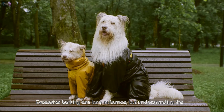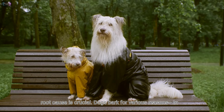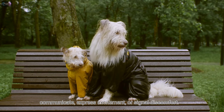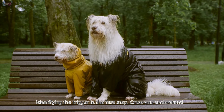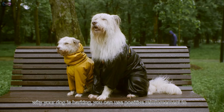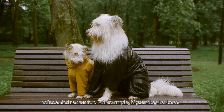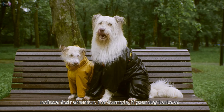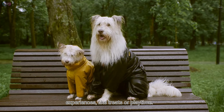Excessive barking can be a nuisance, but understanding the root cause is crucial. Dogs bark for various reasons: to communicate, express excitement, or signal discomfort. Identifying the trigger is the first step. Once you understand why your dog is barking, you can use positive reinforcement to redirect their attention. For example, if your dog barks at the doorbell, teach them to associate the sound with positive experiences like treats